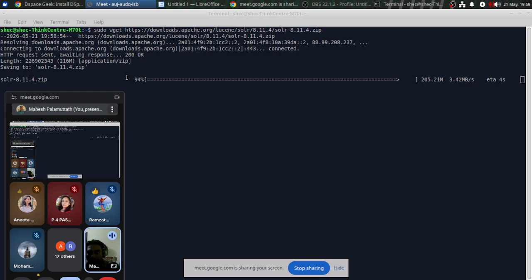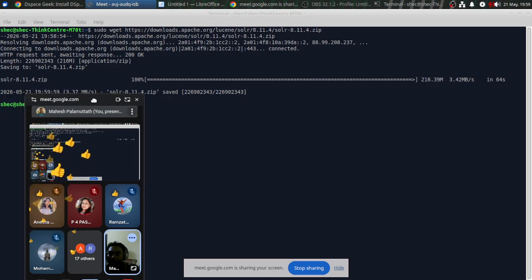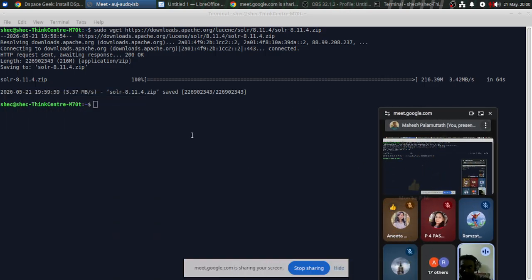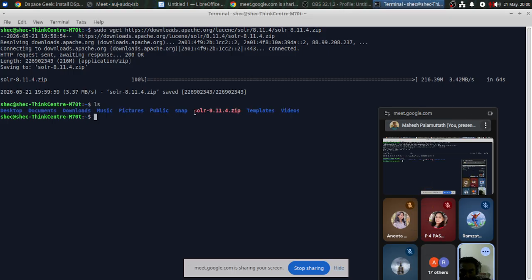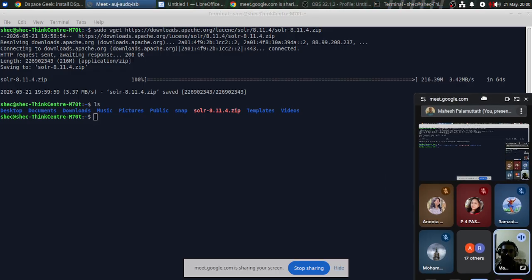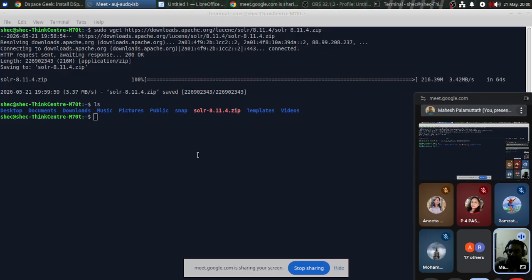so we are downloading the Solr application file. See, we have downloaded the Solr application file. Let us check by executing the ls command. So this is the Solr application file as a zip file. Okay, so we have downloaded the file. Now we need to unzip the file, then install it. Okay. So the next command is that